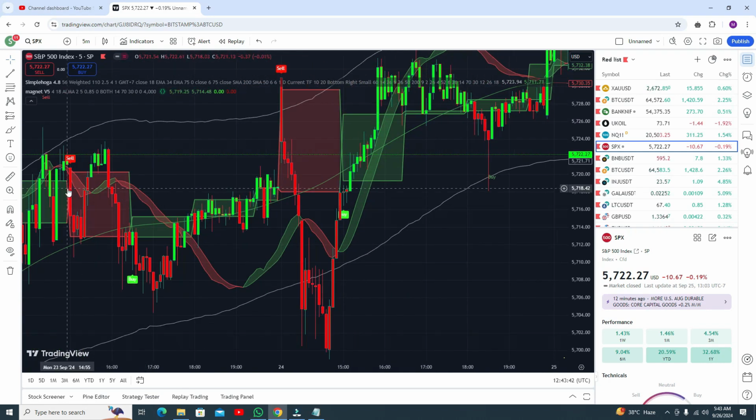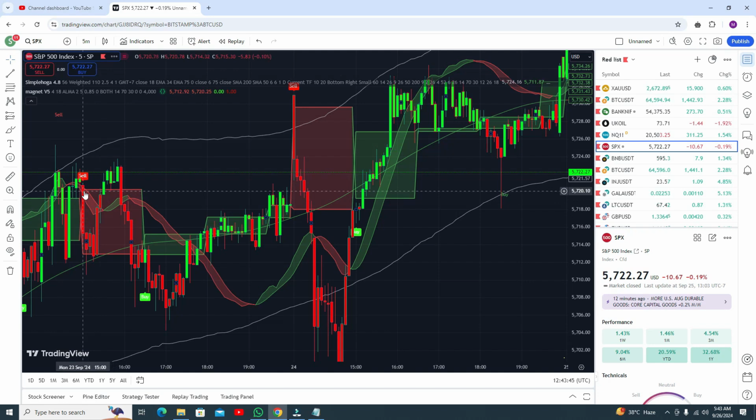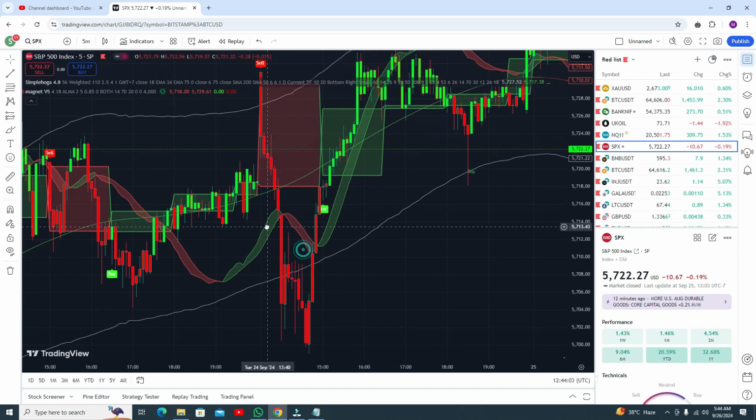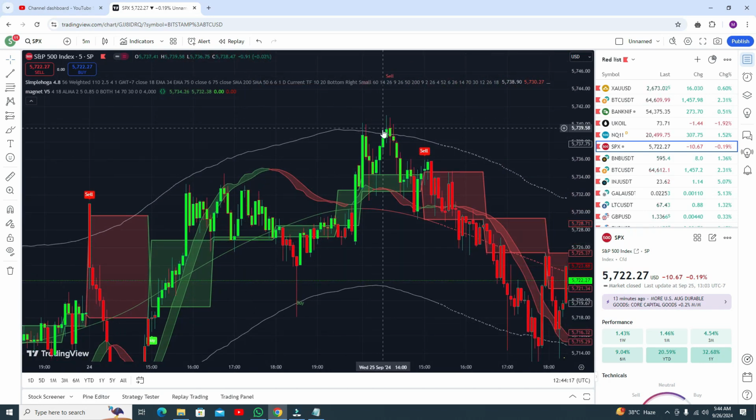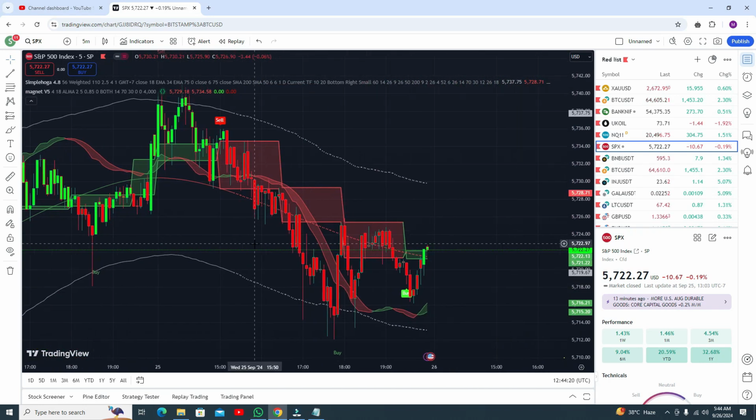Here you can see from this point you are getting a sell signal, so if you need to, you can go for the sell trade, but when this red shade turns to green, then you need to exit your trade. Okay, and this white signal gives you amazing profit, this sell signal gives you huge profit. Like here you need to book your profit. This indicator is giving you more confirmation, and you can see you are getting good profit here. This buy signal giving you good profit here. Now this sell signal giving you profit here.